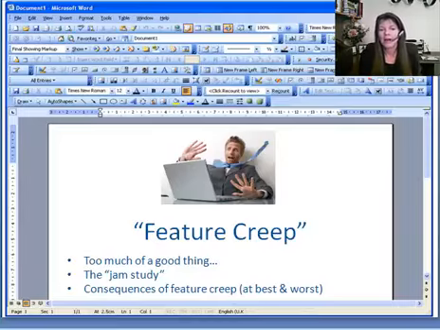Sheena Engar and Mark Lepper did this really interesting study in the year of 2000. So we're going to call it the JAM study. If I test you on this, I will call it the JAM study. They offered participants 6 or 24 flavors of a brand of jam to sample for free. Those who had to choose from 24 flavors were 10 times less likely to buy than those who were offered